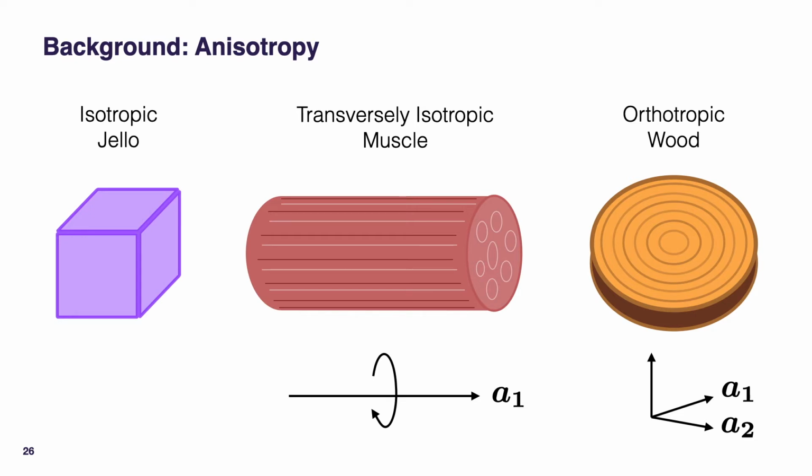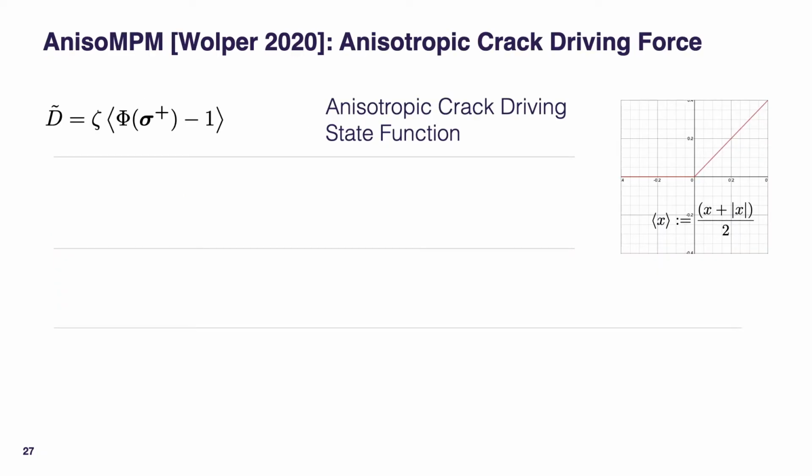And finally, orthotropic materials can define three mutually orthogonal axes that can each have different material responses, and we only need to label two of these, so we add A2 to label the second axis. The most intuitive example of an orthotropic material is wood, where the underlying fibrils change the behavior in the axial, radial, and circumferential directions. So with that in mind, let's take a quick look at some of the theory behind